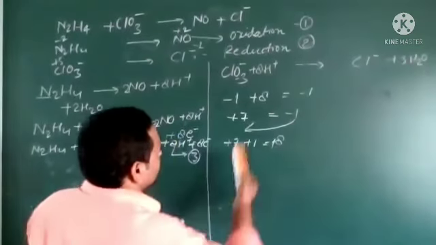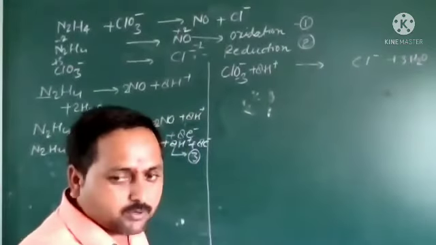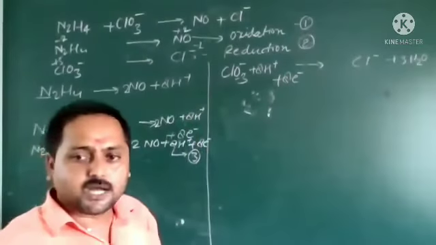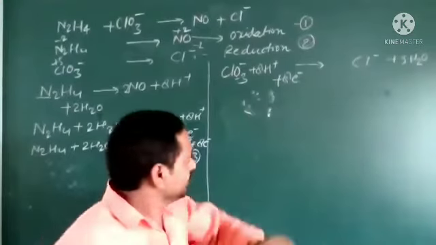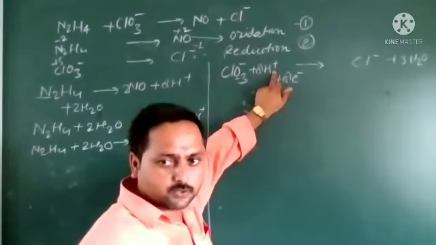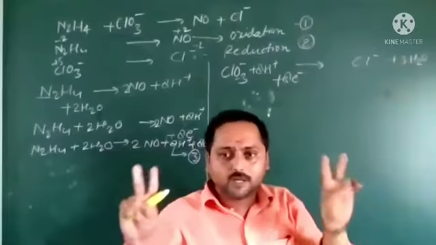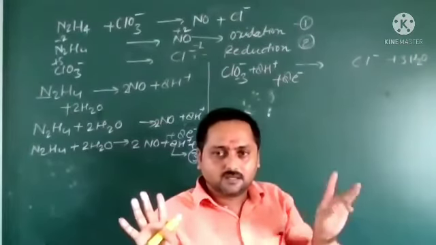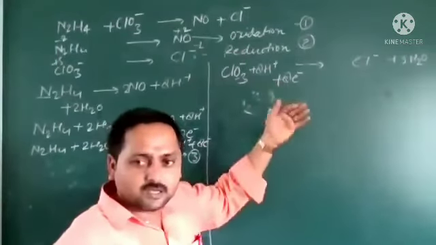So how much is there? We can see 8 positive charges. If there are 8 positive charges, what do we have to do? We have to add 8 electrons on this side. Now the charge is also balanced. If you still have doubt, I will clear it. 8 minus and 8 plus is 0. 1 minus on this side and 1 minus on that side, so both remain. So is the charge balanced or not? Some students have a doubt about this. So you solve it, it will be clear.